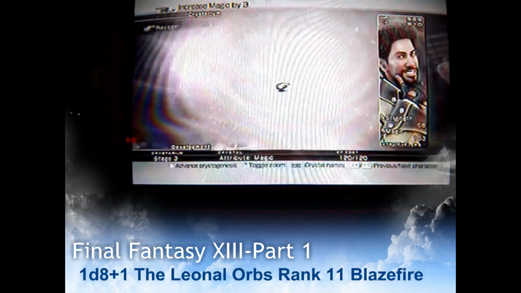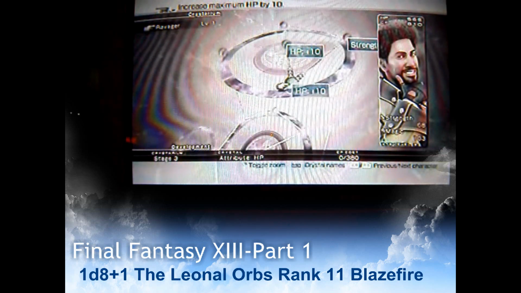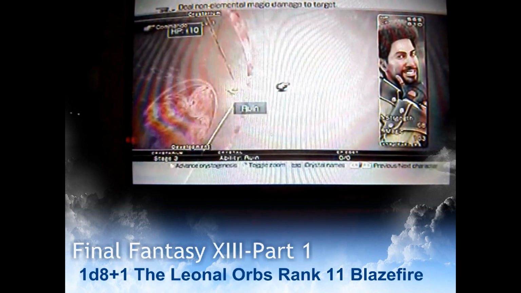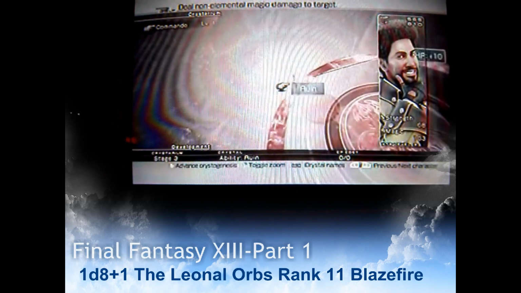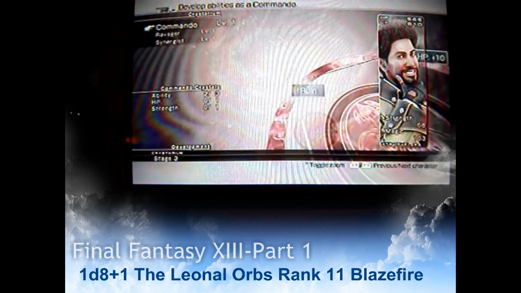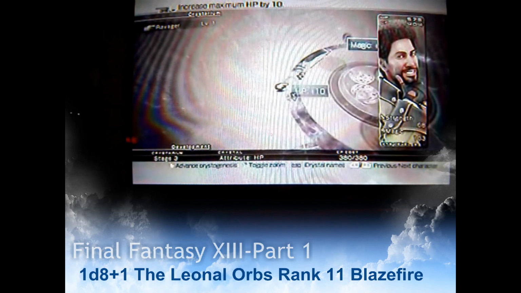1d8+1, the Leonal Orbs. My name is Chad Brown, and what I'm going to discuss today is how to develop a rank 11 Blazefire for Ash before creature collections and just simply arm with the items that you have and the B&W outfitters. Now, in particular, to help Lightning, what you want to get done is to go into the